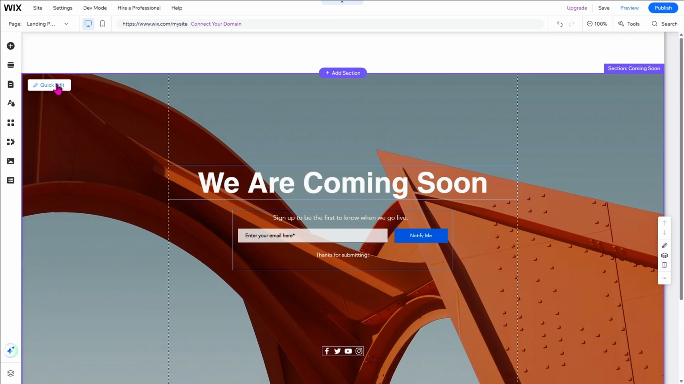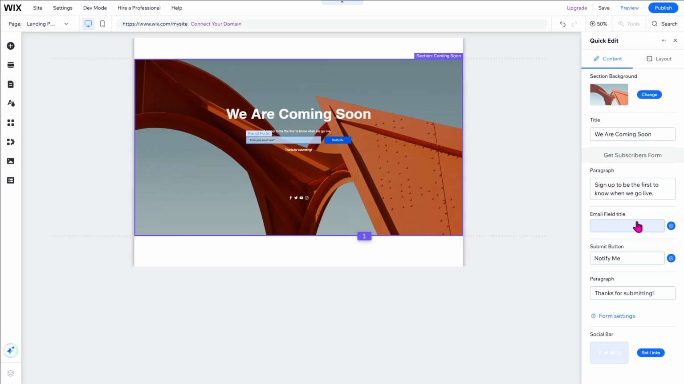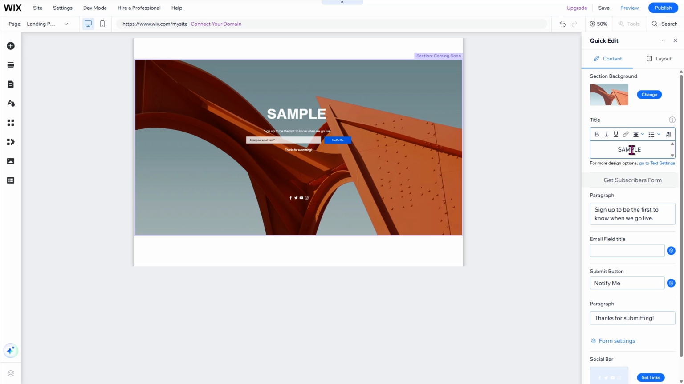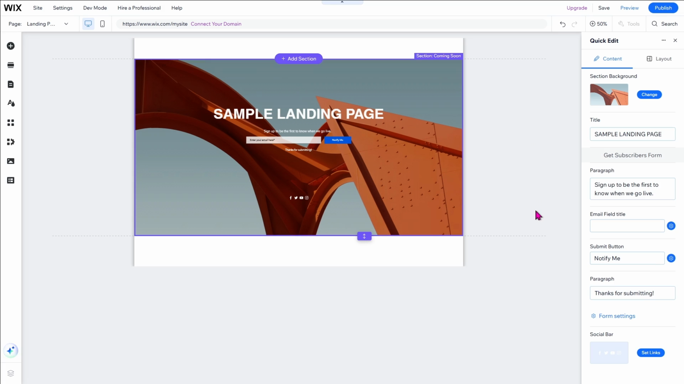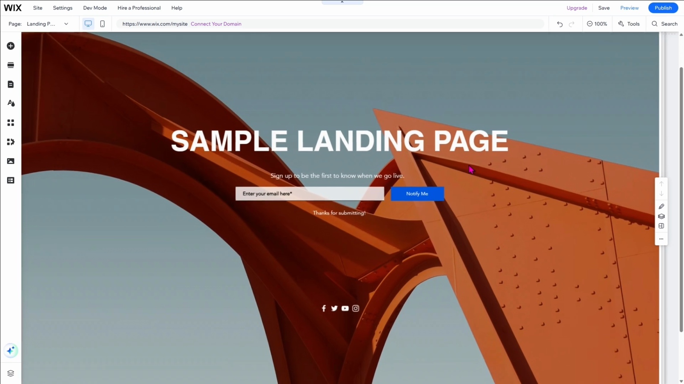Just click on it and click on quick edit or the edit button right here. You can change the image, the button style right here, also the text. Sample landing page. All right, now once you're done editing your landing page, you can now go ahead and go